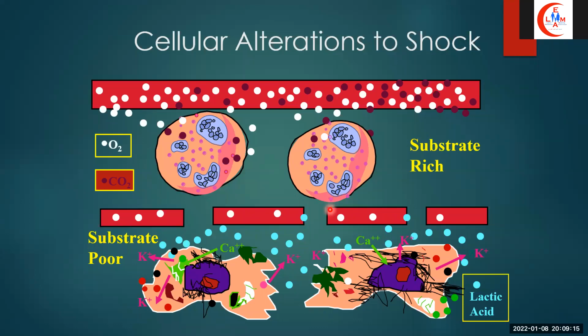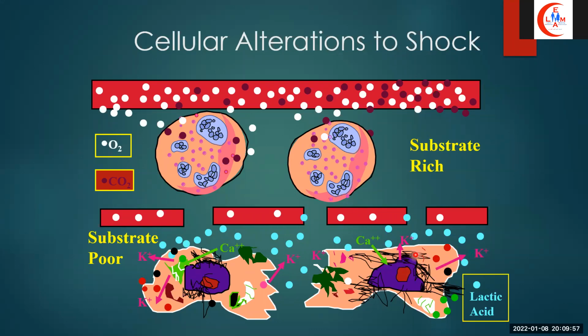So in a state of shock, what will happen? There will be reduced oxygen to the cells. At this time, the cell membrane loses its integrity, and there is loss of the electrical gradient, the action potential. So there will be a leak of potassium outside of the cells. This is what we can see in a patient in a shock state with metabolic acidosis: they will have hyperkalemia because of the leak of potassium outside of the cells,